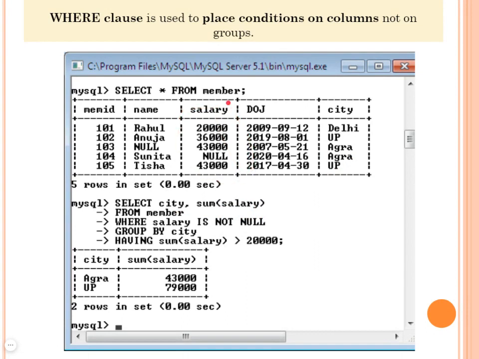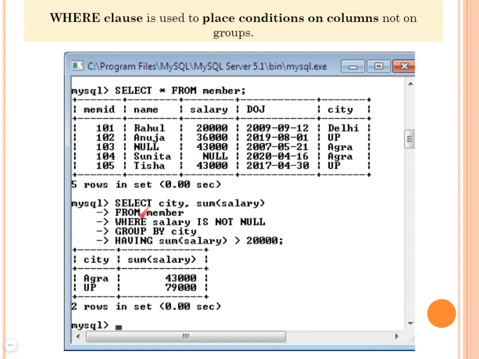Then GROUP BY city. Now when we group according to the city, for Agra only one record is left because we excluded null values. UP count is 2, Delhi count is 1. See their corresponding values. Delhi 20,000, UP is 36,000 and 43,000, that is 79,000, and Agra is 43,000.